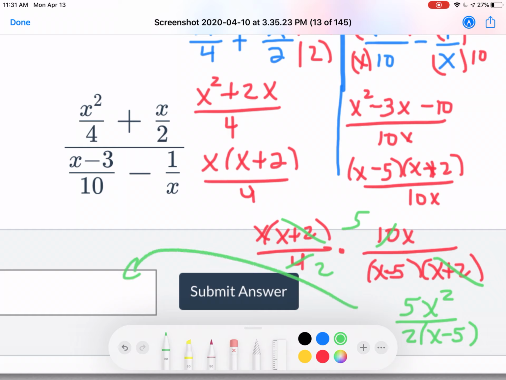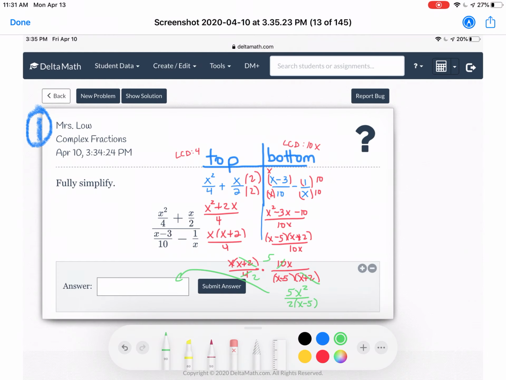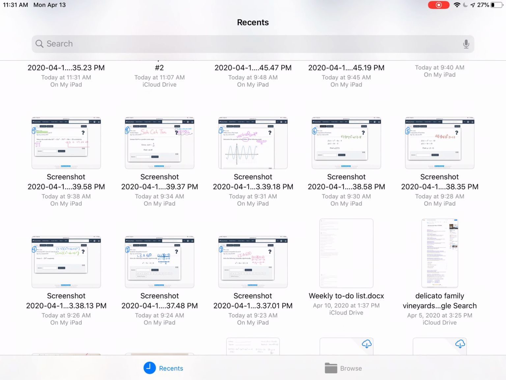But remember, you can always look at show example too before you submit any of these to make sure that they're right, that you're putting in the answer correctly. Okay, second review topic